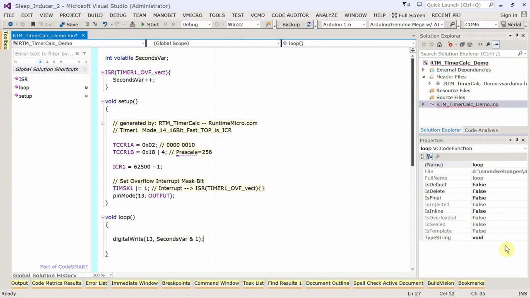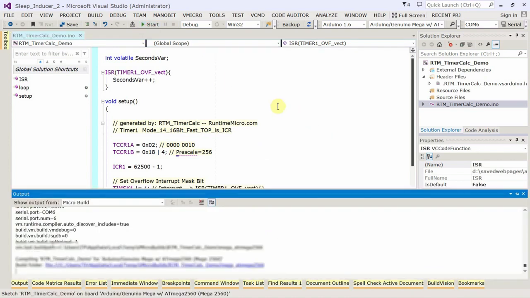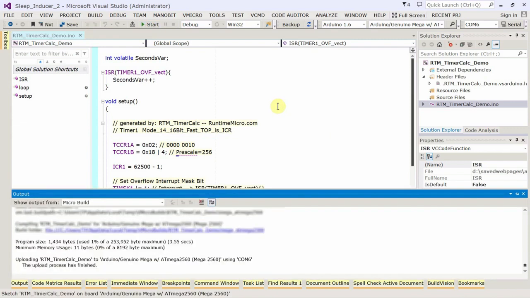In our main program, add a piece of code acting with the seconds variable and a bitwise AND of the value of 1, which gives us the least significant bit of the seconds variable. We're just looking at the least significant bit and deciding whether or not we're writing a 1 or a 0 to the output pin that's connected to an LED. At this time, we should be able to upload and compile. And I am seeing the LED on my 2560 cycle between being on